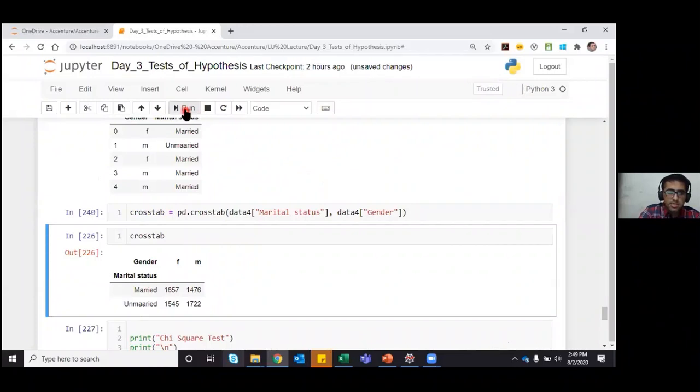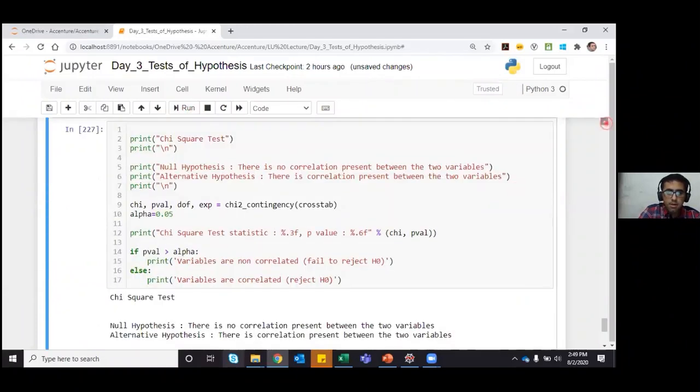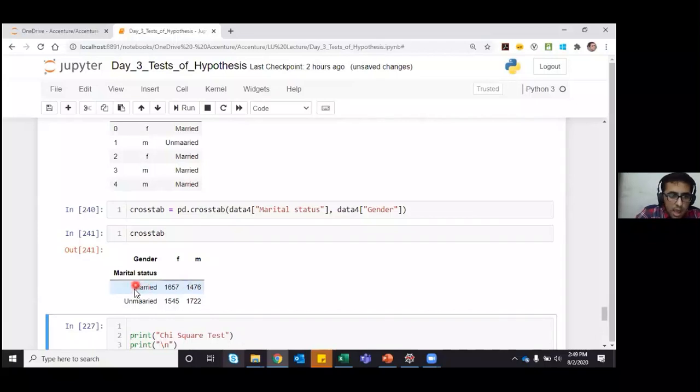For example, if I run the crosstab, it will give me, among the married individuals, how many persons are female and how many are male. Then among the unmarried category, how many are female and how many are male.